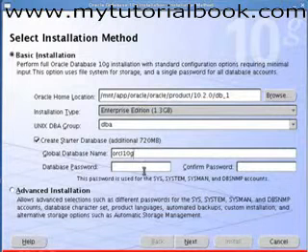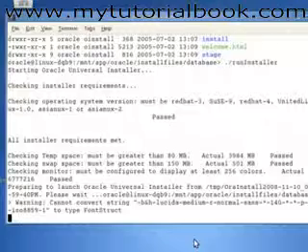Again, there should be some rules that need to be followed when we give a password for the sys user. Very common words like manager or change_on_install should not be given as a password for these users. So we have to give some other unique password for all these users here, which of course, as I told you earlier, we could change towards the end of the installation and assign a different password for each of these user accounts. So these values we have given. Let us proceed with the installation.